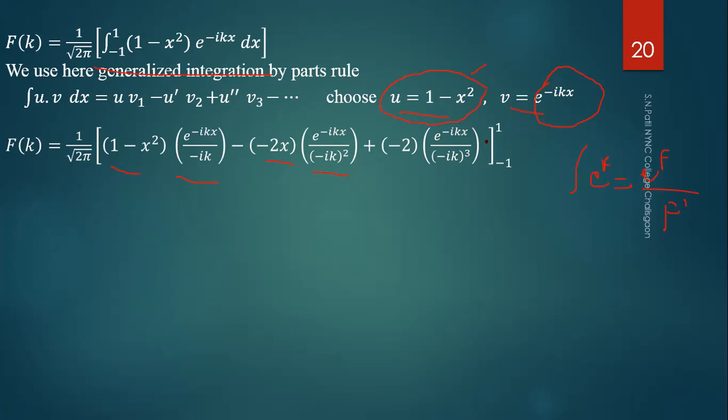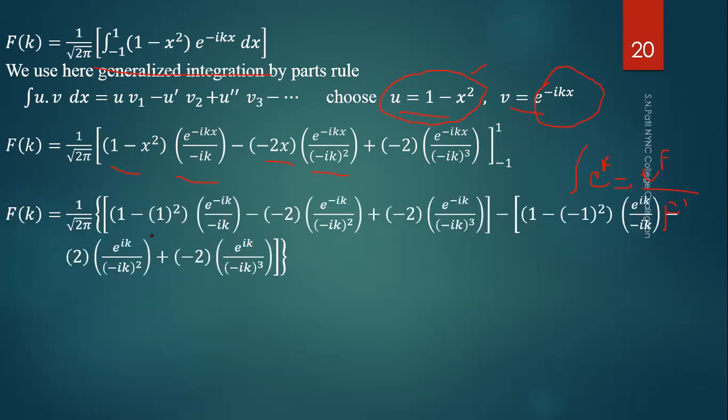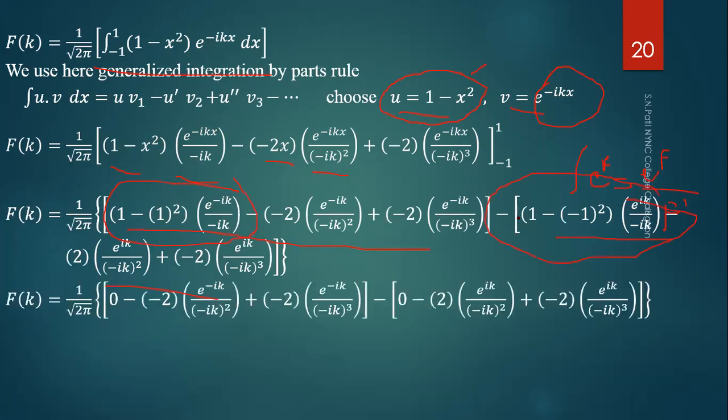Now put the upper limit and lower limit. The upper limit is 1 and the lower limit is -1. We put x = 1 throughout, and similarly x = -1 for the lower limit. Here -1, here -1, minus, here plus, and similarly throughout plus. So this is the upper limit and this is the lower limit. Here 1 - 1 is 0, that's why the first term is 0. Similarly, here 1 - 1 is 0, so we get the simplified term. This is 0, this is 0.